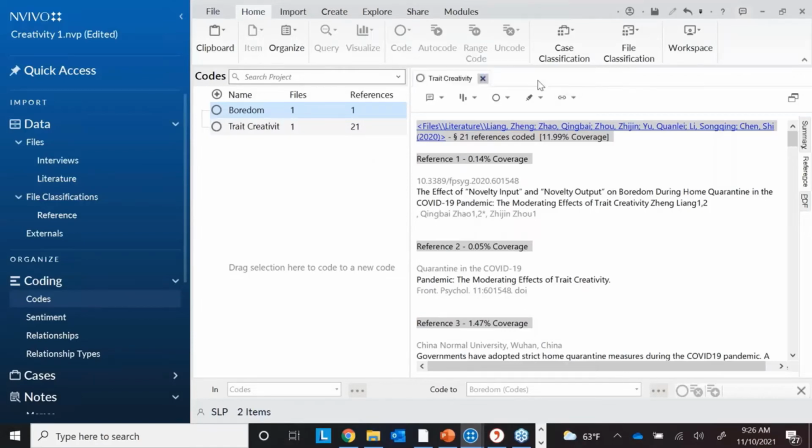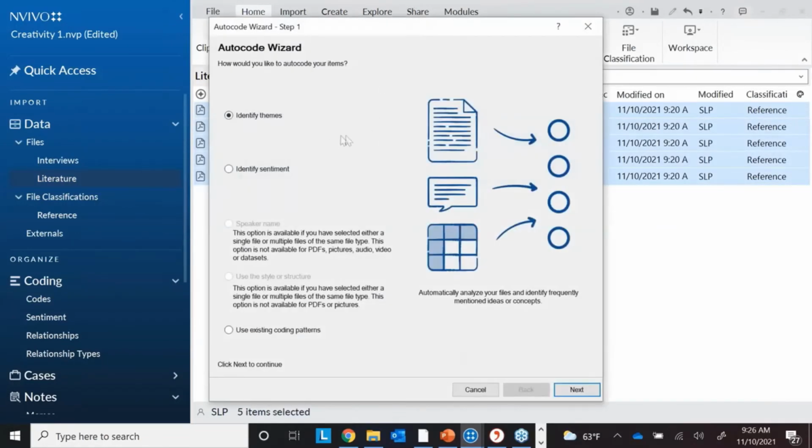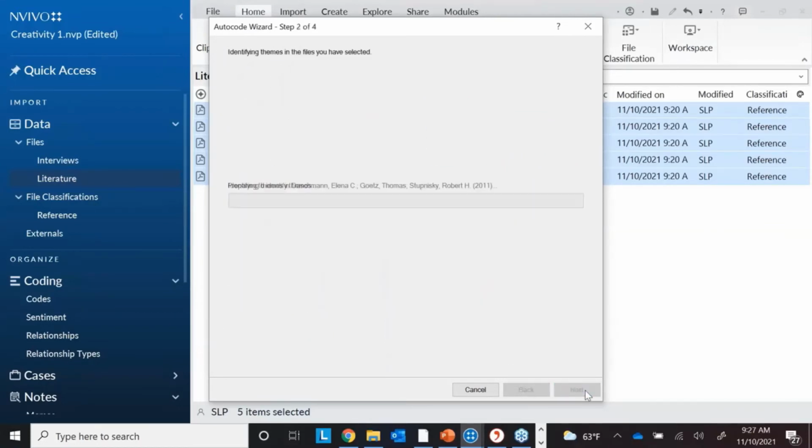Another way is that NVivo also has auto coding. So if I go here to all the references and I pick all of them, I'm now going to go to auto code. Now there are 3 choices for auto coding: you could auto code by theme, or by sentiment, or use existing coding patterns. So if you code about 15% of your references, NVivo will pick up what you're coding and learn from that and help you code the rest. But I'm going to identify themes, and I'll go to next. So it's going through all my references